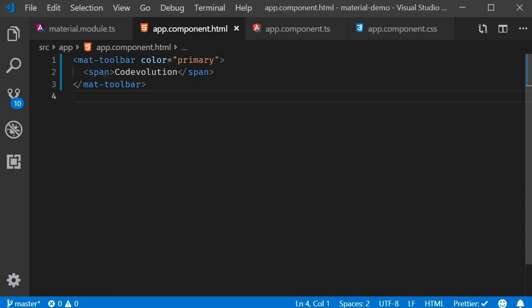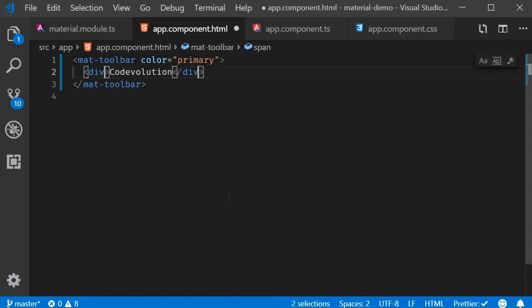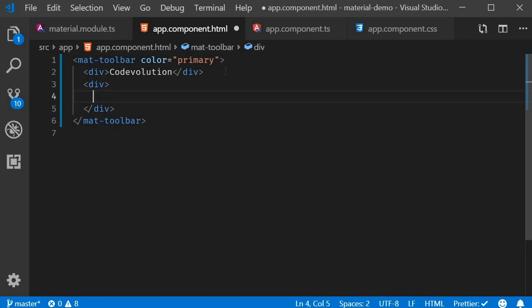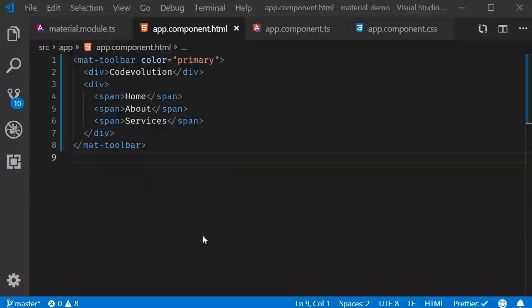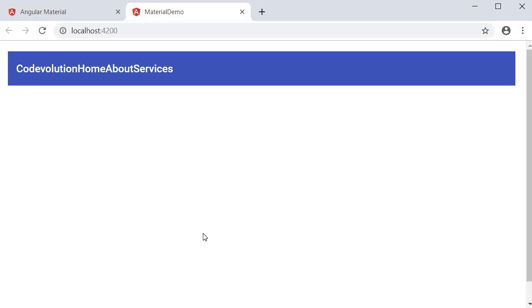I'm going to convert our span tag into a div tag, which is going to be our brand, Code Evolution. We're also going to add another div tag with a set of links. I'm going to add 3 span tags, one for home, one for about, and one for services. If you save the file and take a look at the browser, you can see that it doesn't exactly look